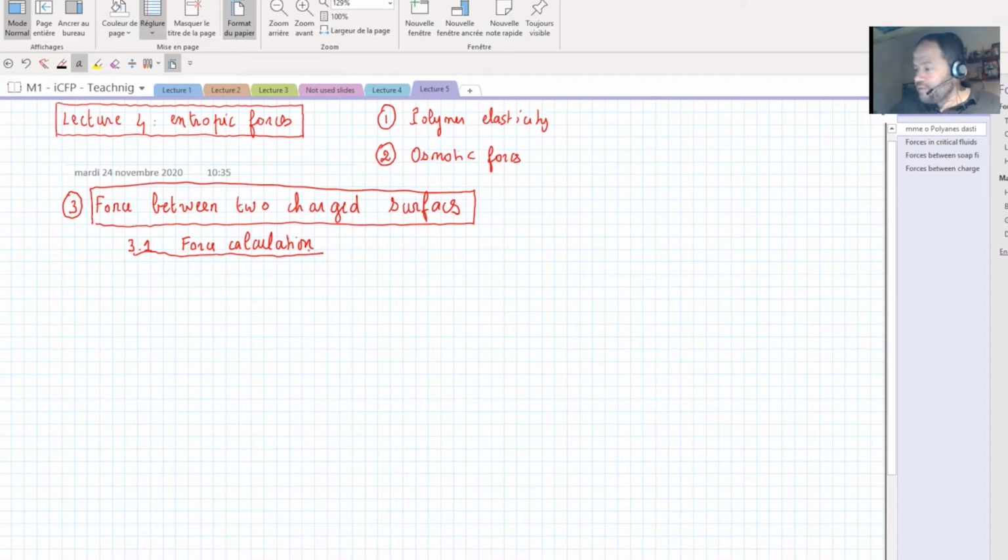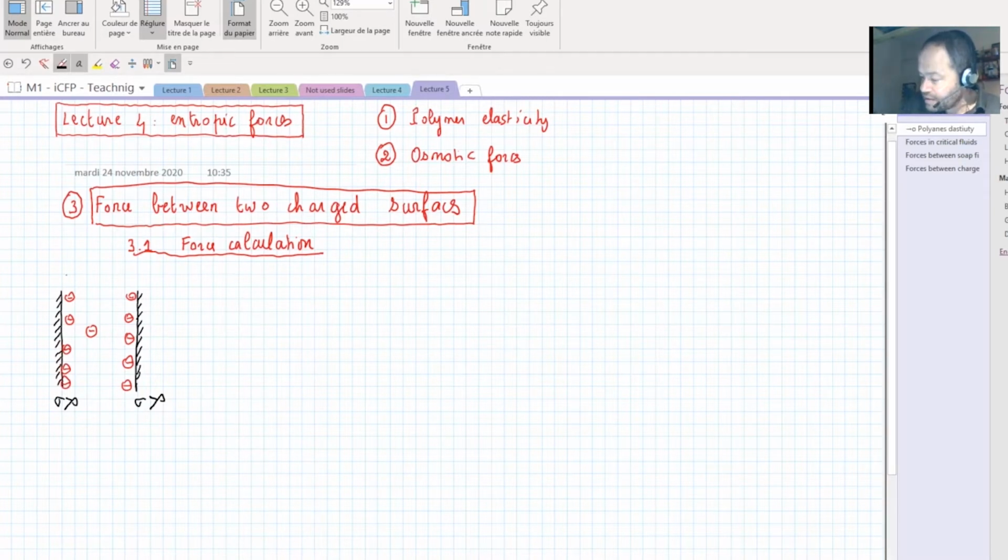So the situation is the one we have already discussed quite a lot. It's a charged surface, let's say with a charge density which is positive. And we put it in contact with a symmetric surface with the same density of charge. If we have this, then we will have a kind of condensation of ions close to the surface that we already discussed. And we have this screening of the interface, which is mainly governed by the Debye length. So we have already discussed that quite a bit.